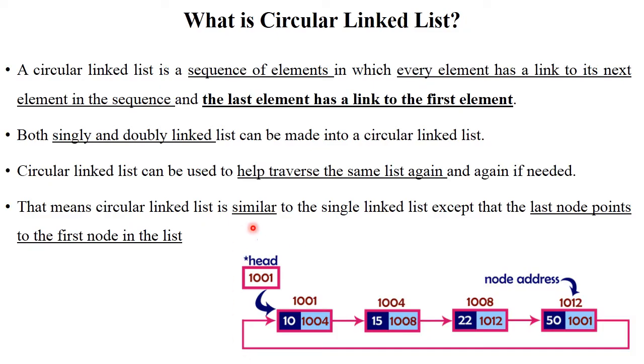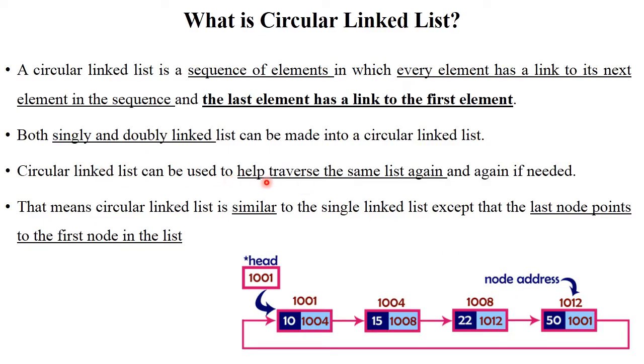See here, this is the structure of the circular linked list. The first node is connected to the second node, again connected to the third node in the forward direction. But the last node stores the address of the first node, meaning the last node is again connected to the first node. This is called a circular linked list. In single or double linked list, we store a null value in the last place, which indicates the last node in the list. But in circular linked list, we store the address of the first node, meaning it continues in a loop format.